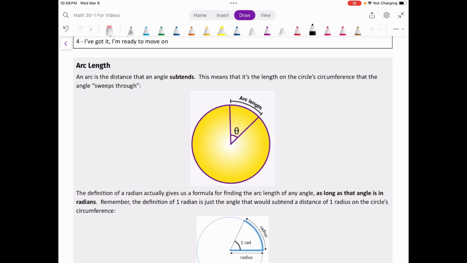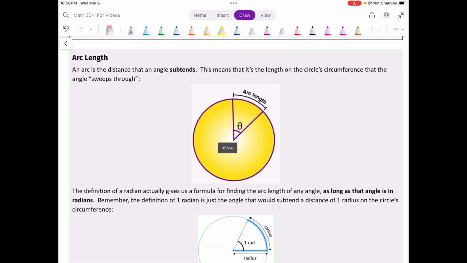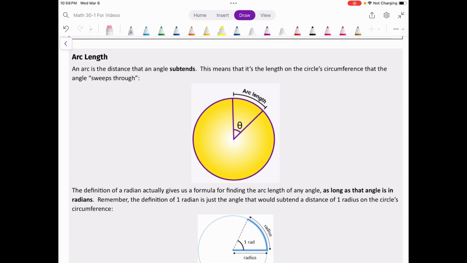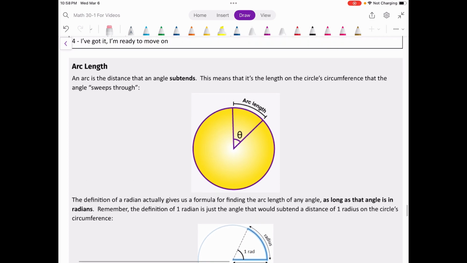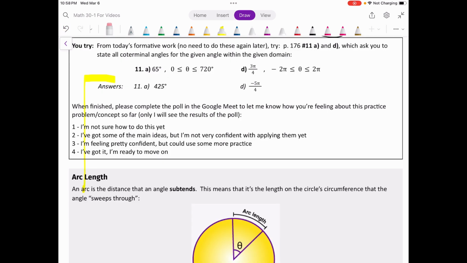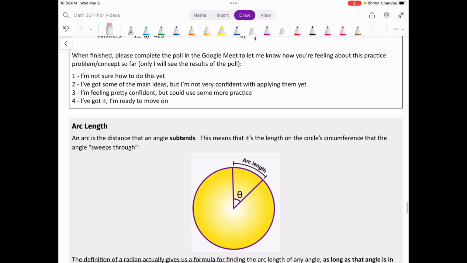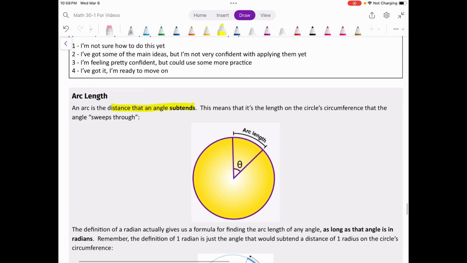All right, so arc length is actually a topic that kind of came up when we were first defining the radian, okay? You'll see a lot of familiar terminology here from when we were talking about the radian. So what is an arc? An arc is just the distance that an angle subtends. What does subtends mean? It's the distance along the edge of the circle that